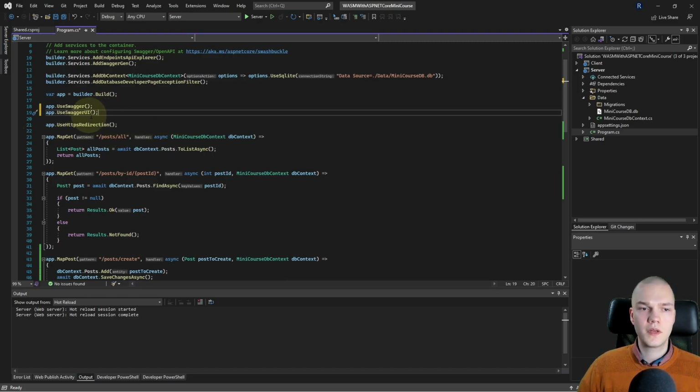And in UseSwaggerUI I want to add some options so that it's opened on the index page without any slashes or route.